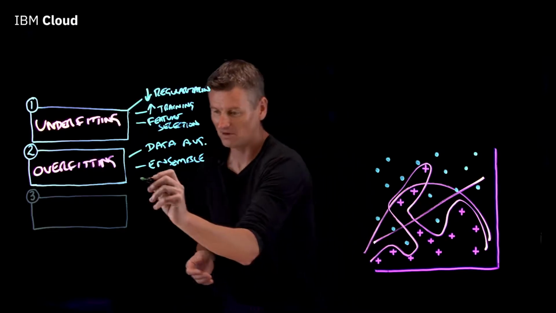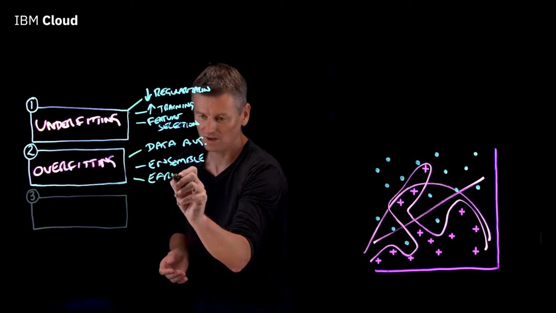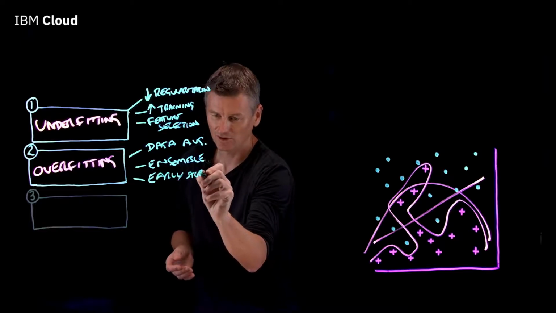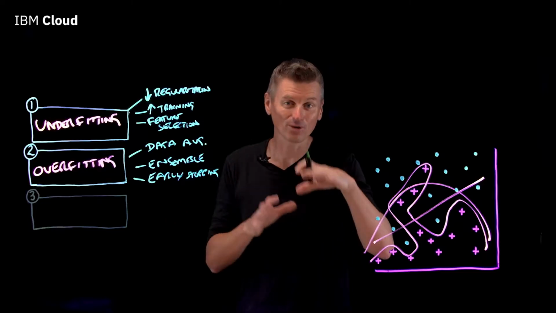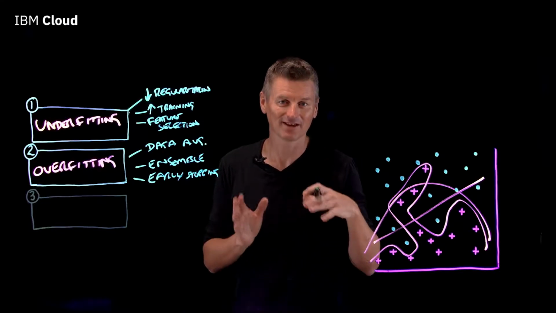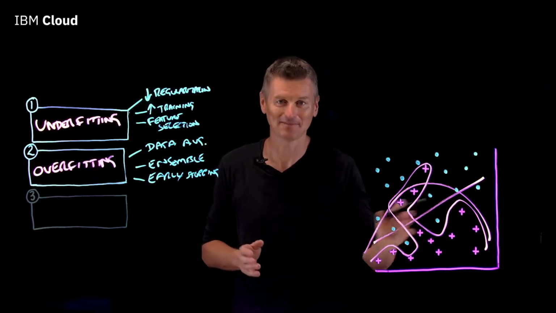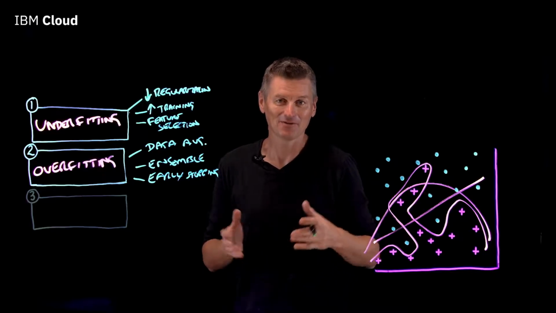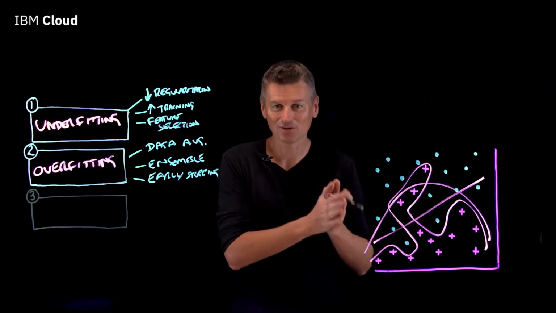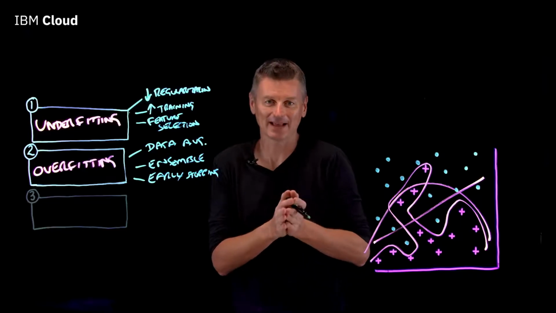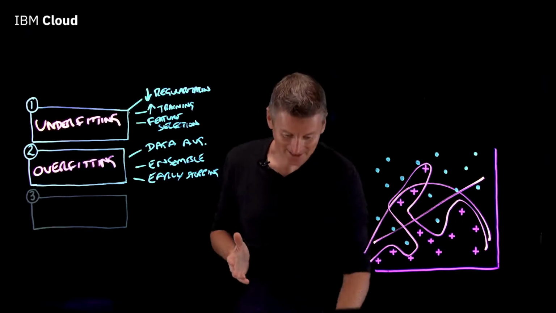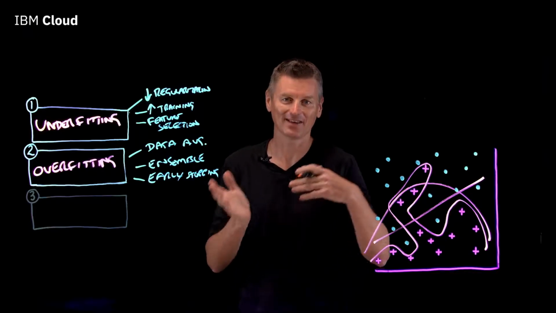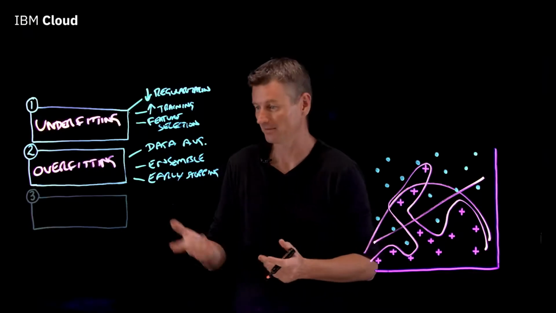And then option number 3, something called early stopping can be used. And this method seeks to pause training before the model starts learning the noise within that model of training data. Of course, you do need to be careful not to stop too soon, or you'll be dealing with a bad case of underfitting. Okay, so finally, in addition to underfitting and overfitting, another common problem is number 3,